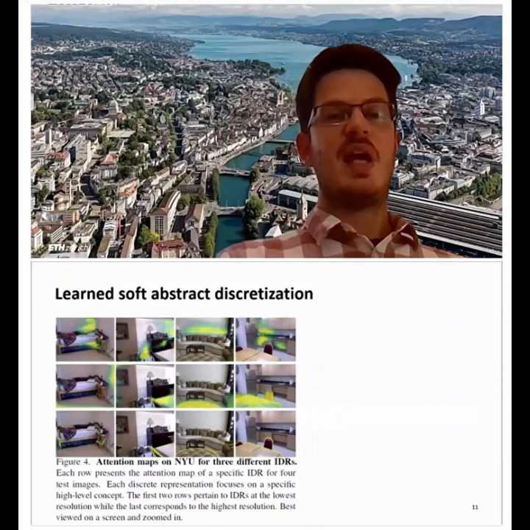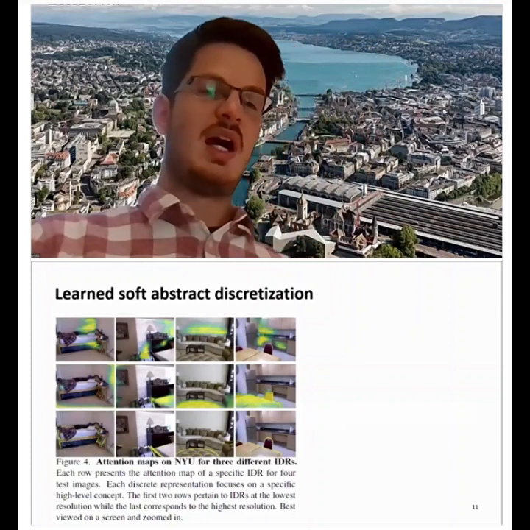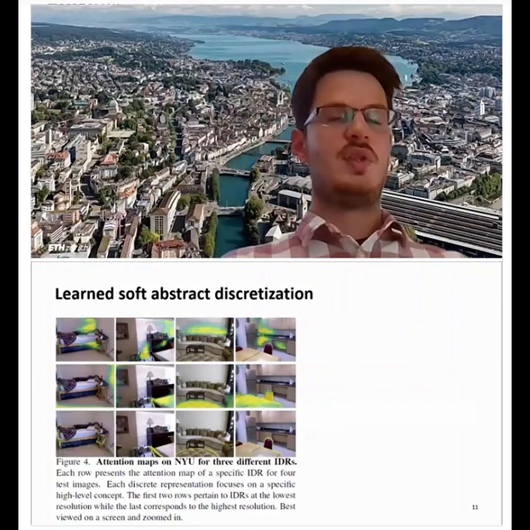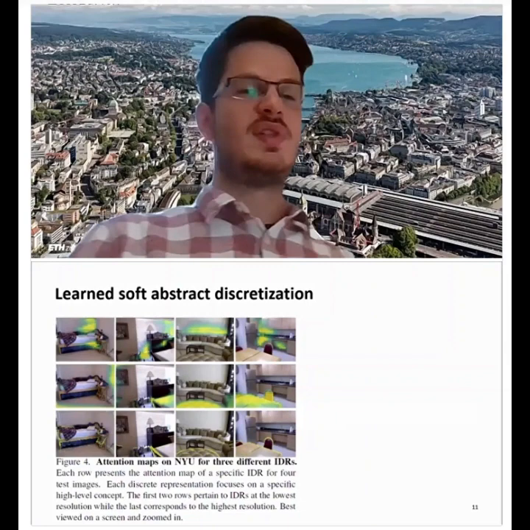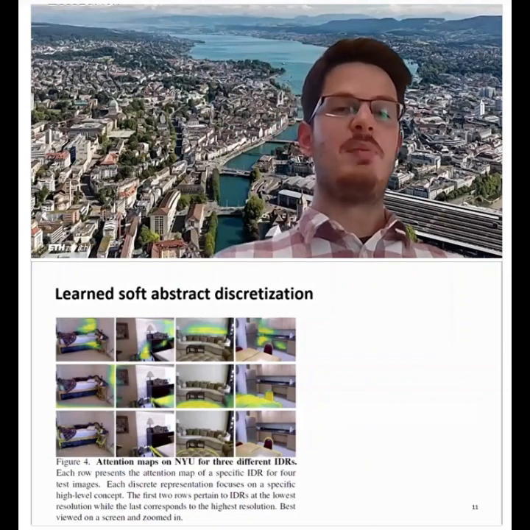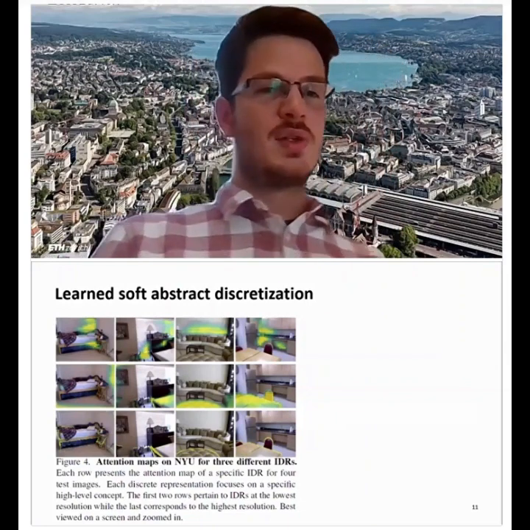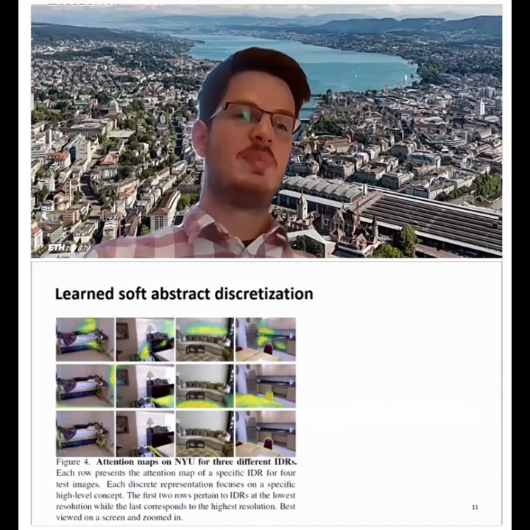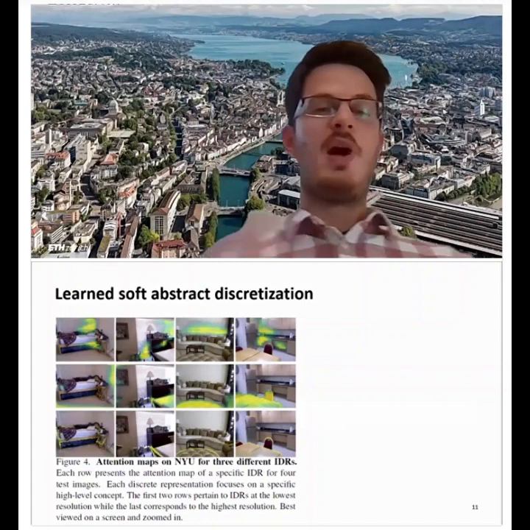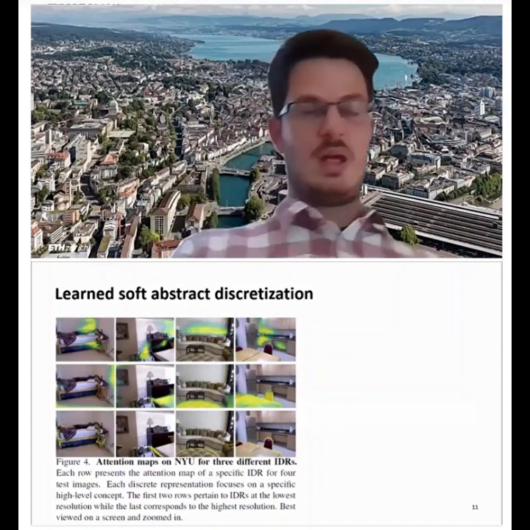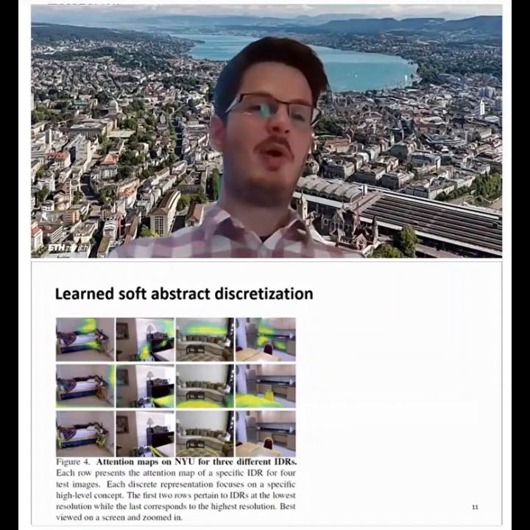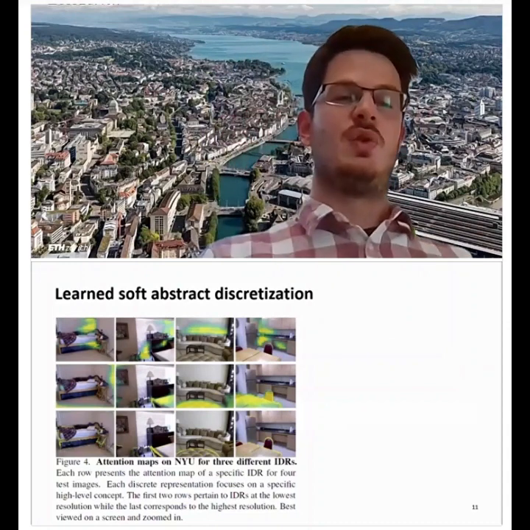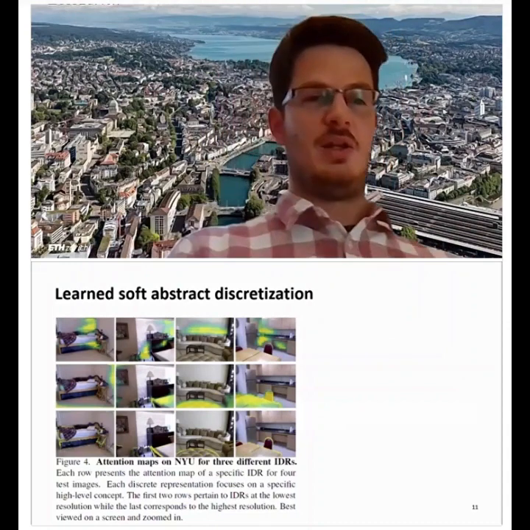Therefore, it's the same discretized representation, and then across the different columns of the figure, we see different images. But it's the same query across the different images. So we see that in the first row, we learn a concept that there is a part of the image at the center or the upper part, which is background, so it has higher depth values.